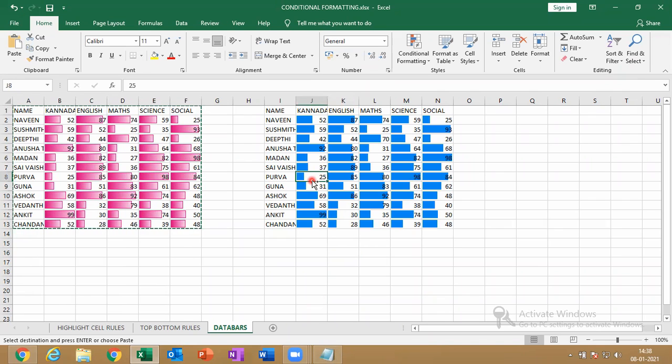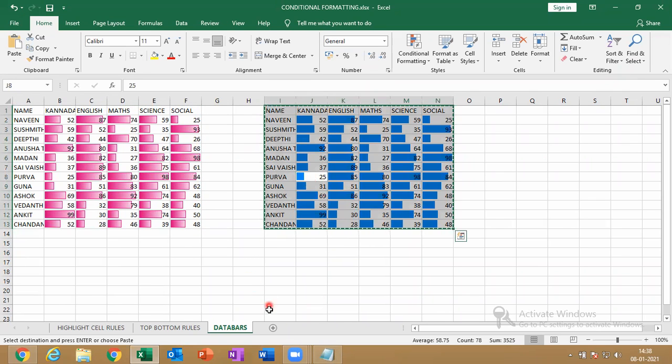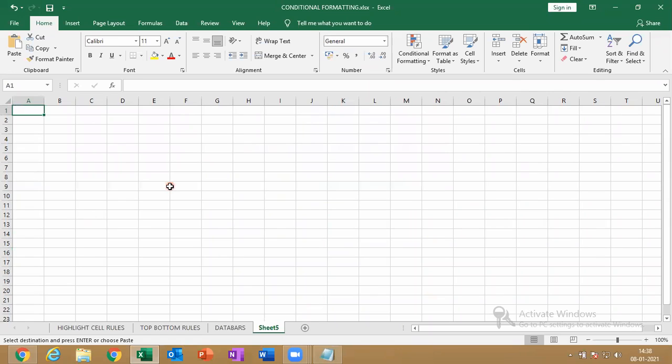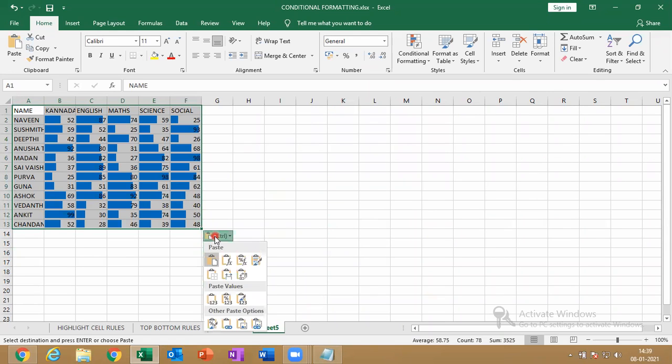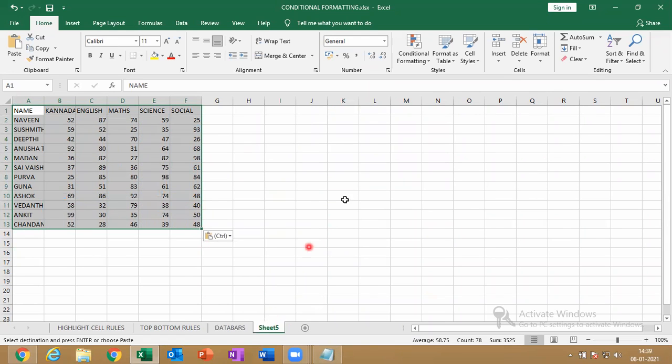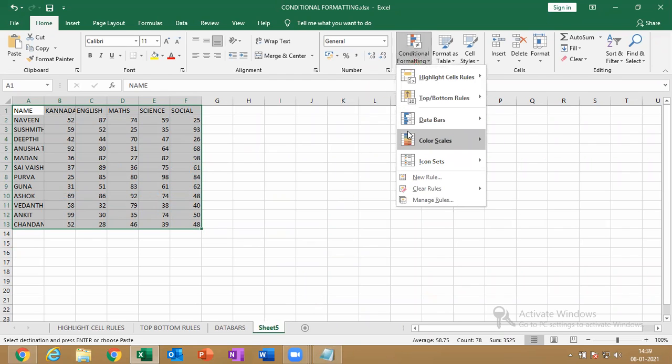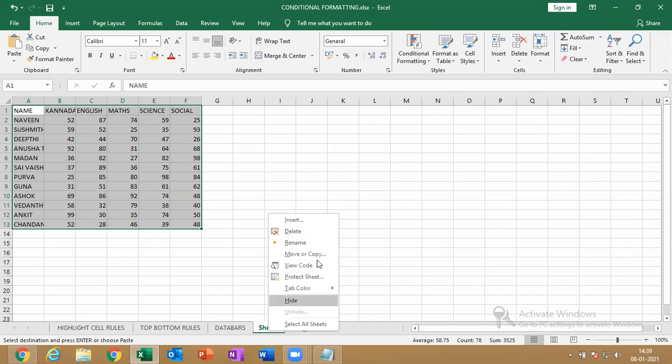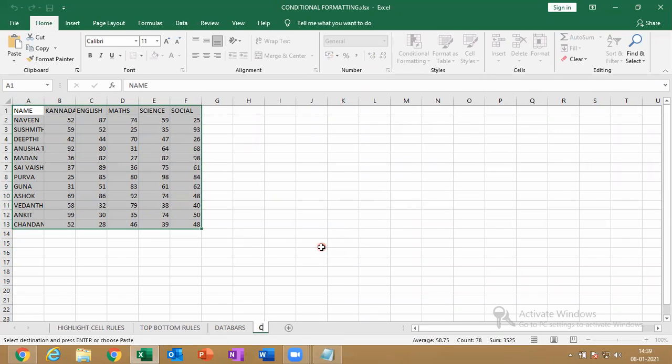And then again copy that, paste it in a new sheet as values. And next we are going to see color scale. Rename it color scale.